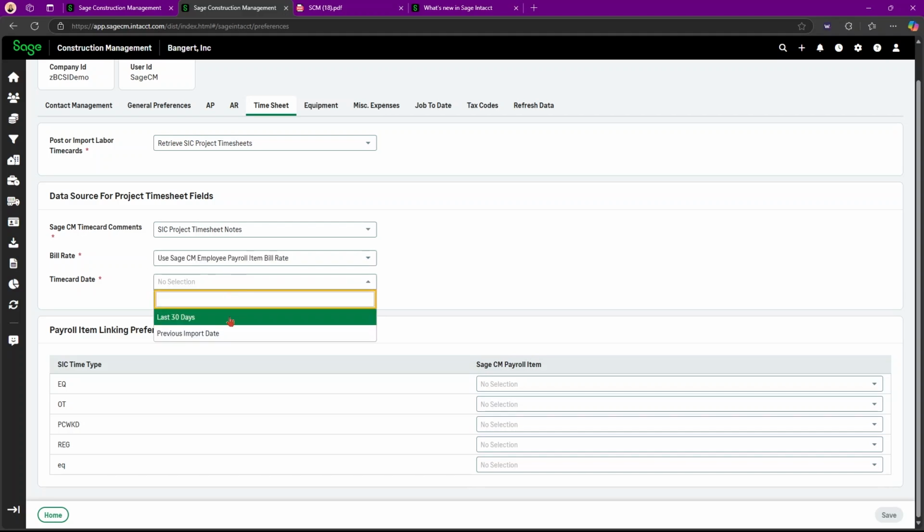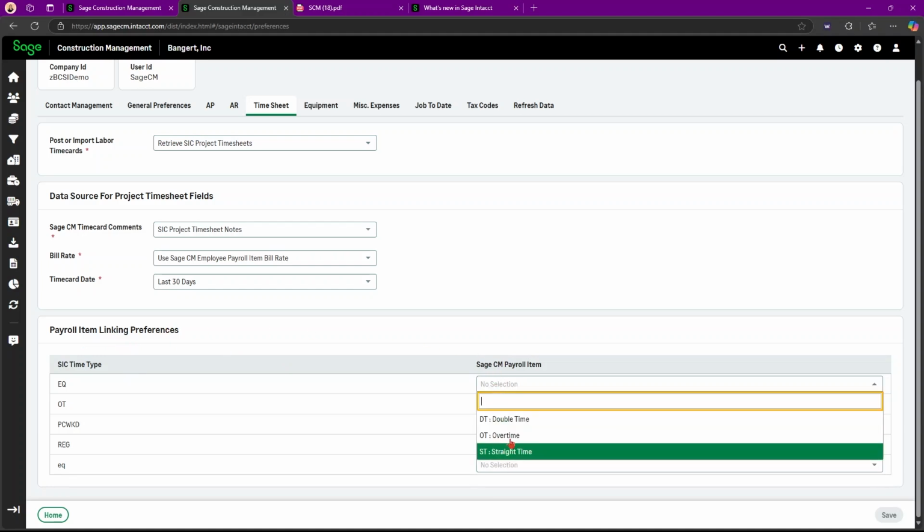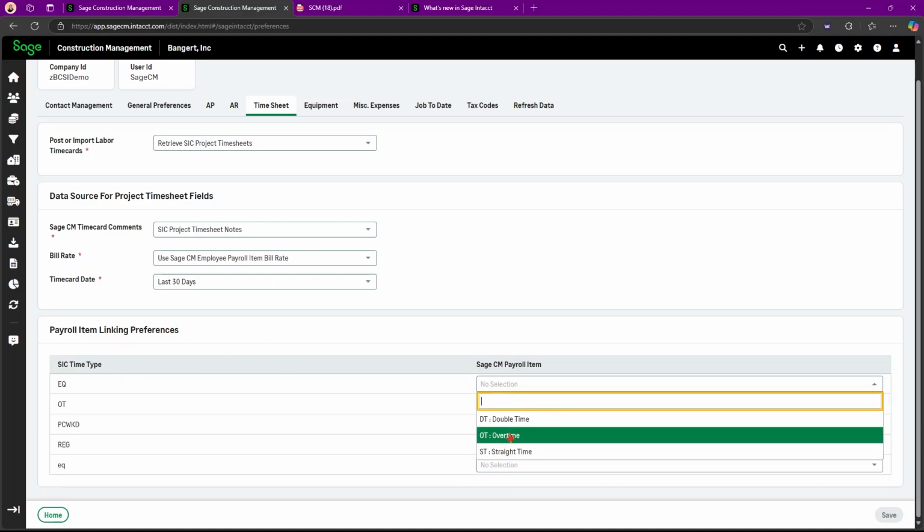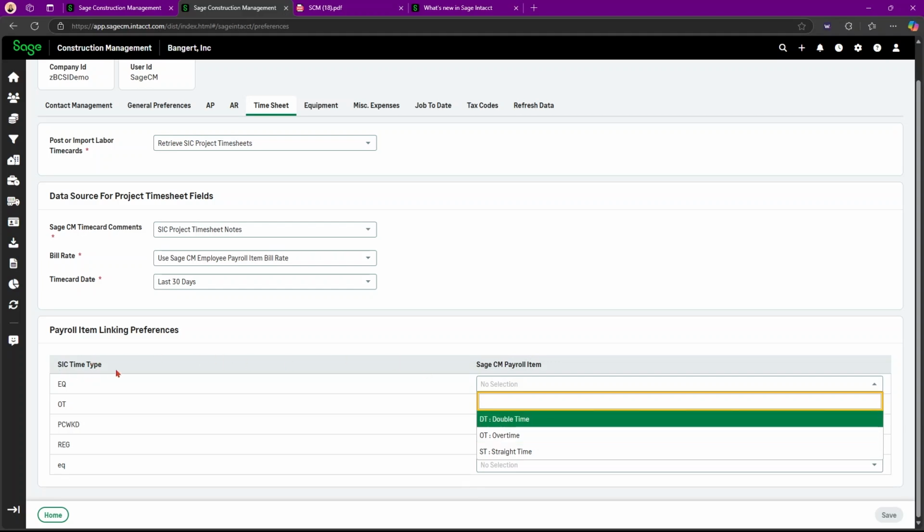Then the time card date, if you want a previous import date or in the last 30 days. Then lastly, this payroll item linking preferences. Here you can select the SCM payroll items that you have added in your settings